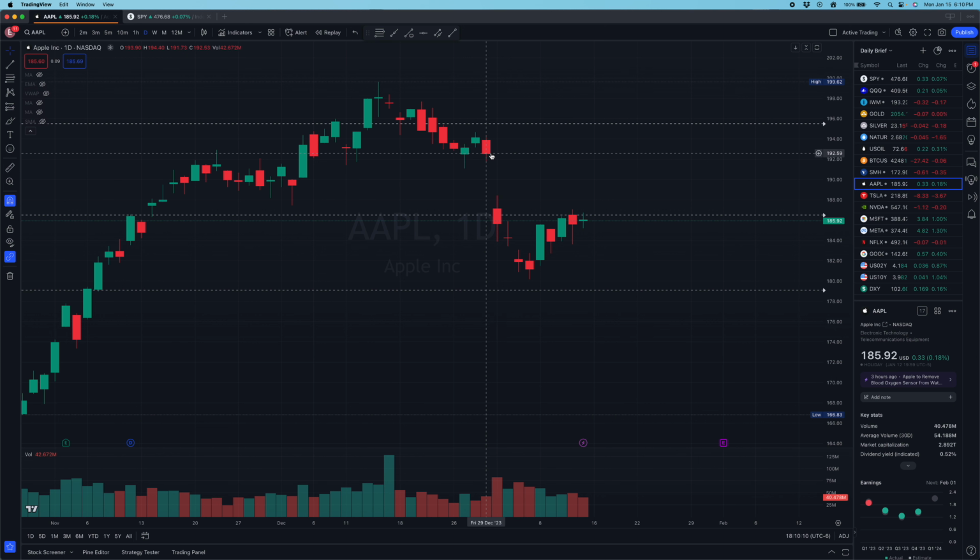Well, we look at that gap and we say, there's a lot of people who were long here, who were buying Apple, who are stuck right there at that point. They're stuck down here at the bottom of this candle, and they're waiting for the price action to come back up here. Now, how many people are in there? I don't know, but if you look at the volume, you can see that the volume's 42 million shares. What if half of those people, what if 20 million shares are stuck here at the bottom, waiting for Apple to go back up? That means whenever my price action gets back up here, there's going to be a lot